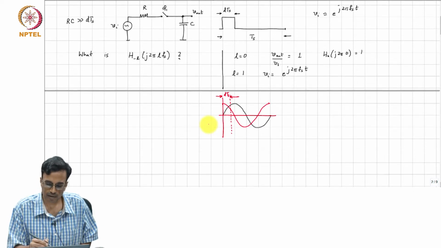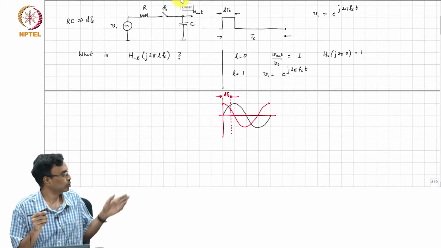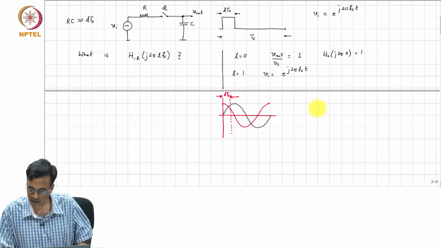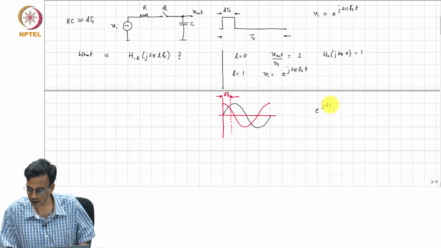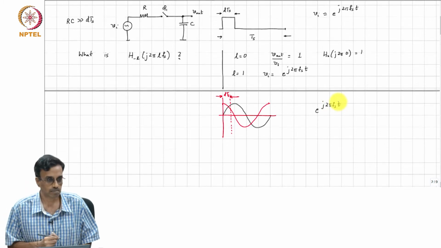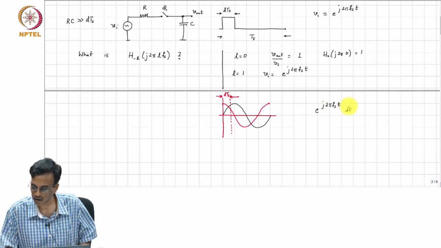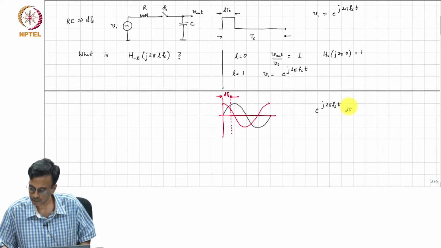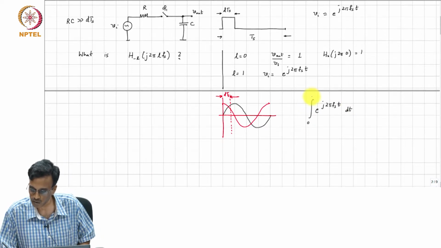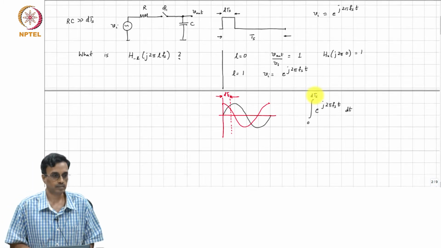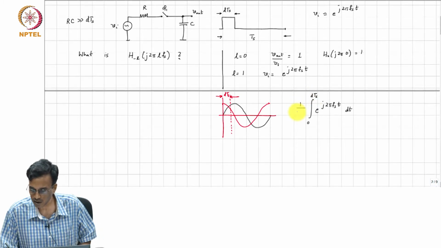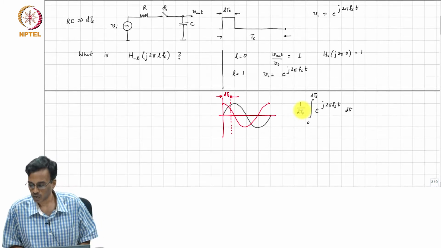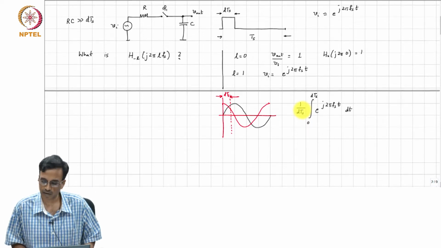Now, what is that? What is the average of that part of the waveform? Well, you can do sine and cos separately, or you can do it together if you keep complex notation. So, this is nothing but e to the j 2 pi Fs times t dt. Okay, this dt is the calculus dt and not to be confused with the duty cycle D, and this is the integral 0 to D times Ts, and this has to be averaged over that period only, not the entire period. So, this time over D times Ts.